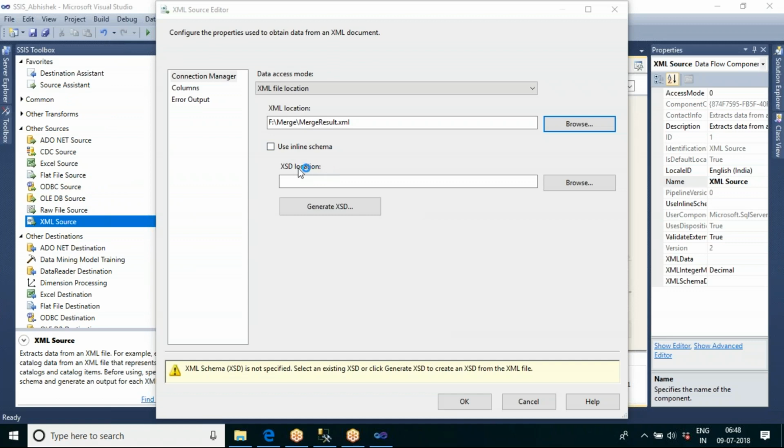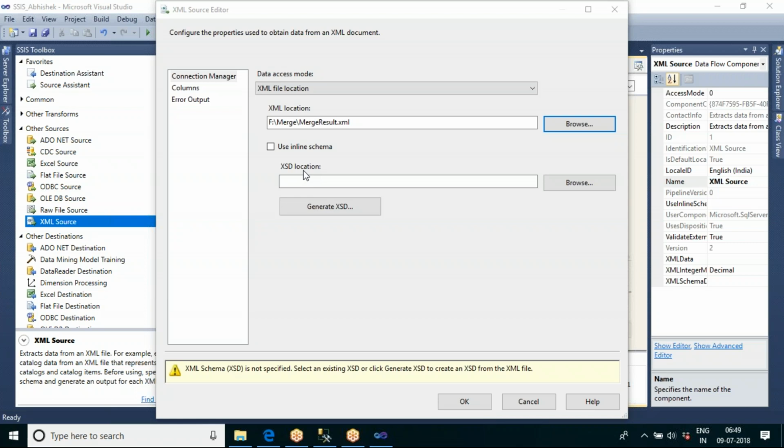Now do you want an XSD, meaning XML schema definition? Schema definition is nothing but metadata information, like how many columns are there and each column's data type. In a table we will have columns, and whether it is an integer column, like employee ID as integer, and if it is employee name we specify it as varchar 20, no?